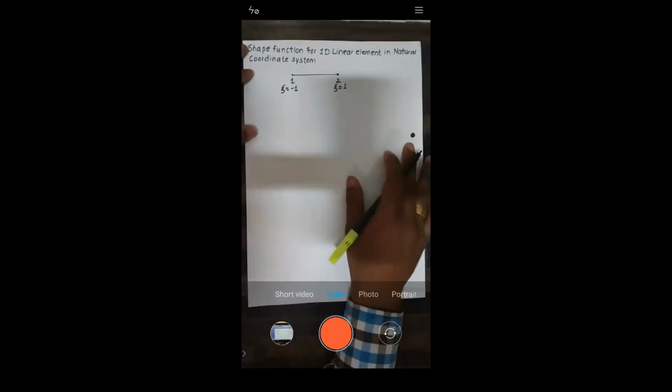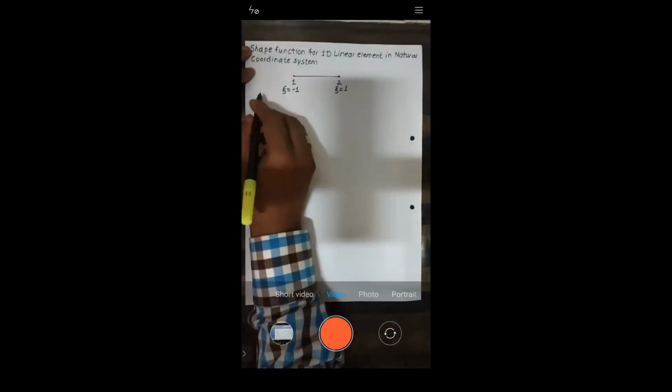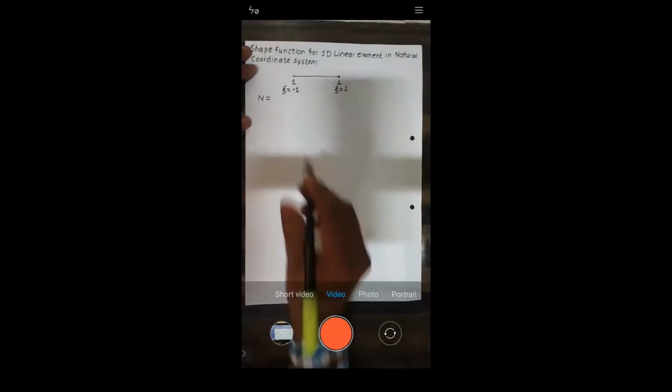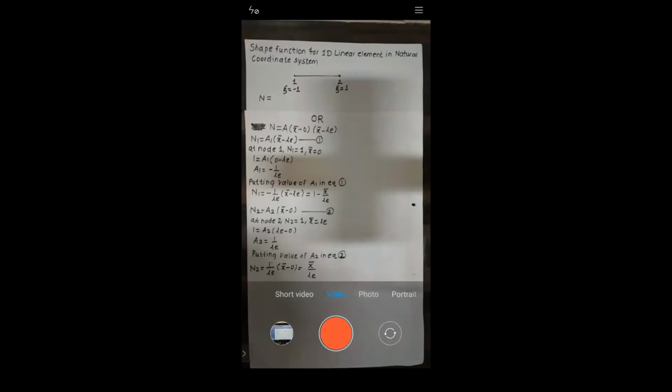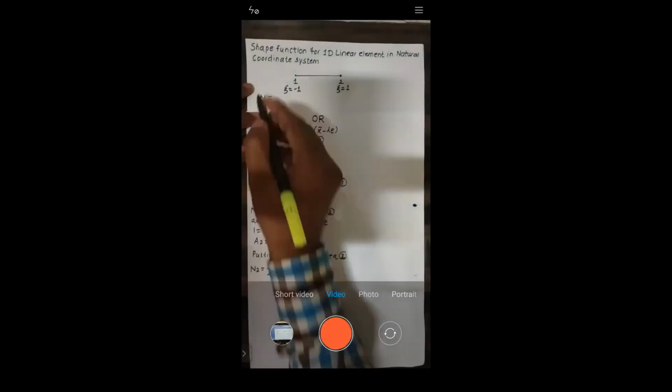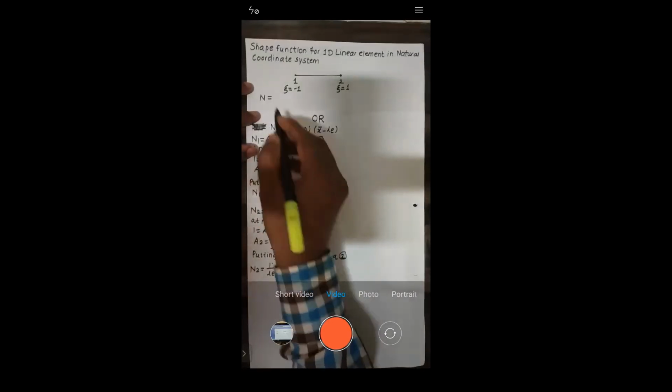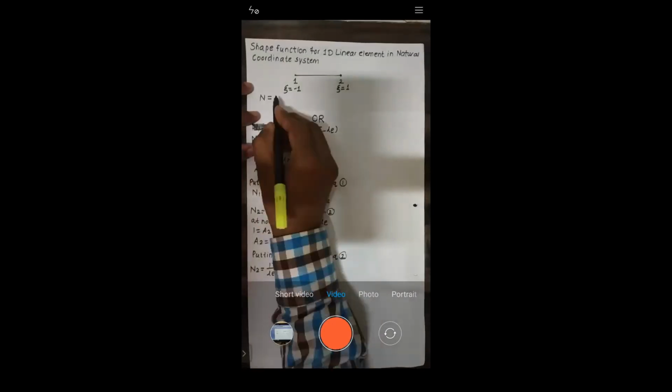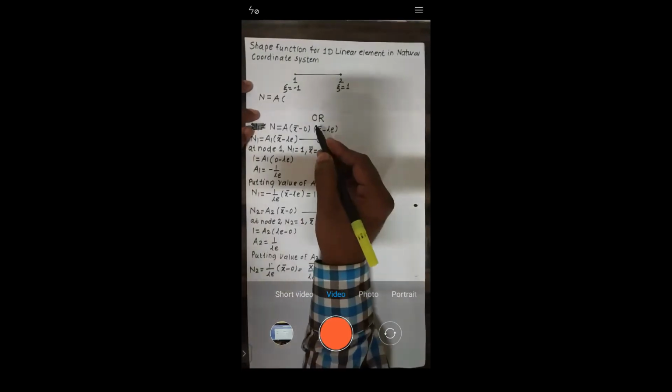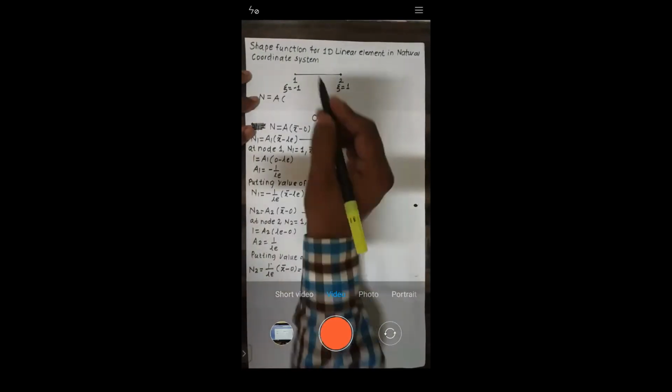Tell me, all of you, how I should write down N. Just a time before we have written N. You can have this equation for the reference. Let me know. N is equal to A into zeta plus 1 into zeta minus 1, right? A will be there into next, what is that? Zeta plus 1.